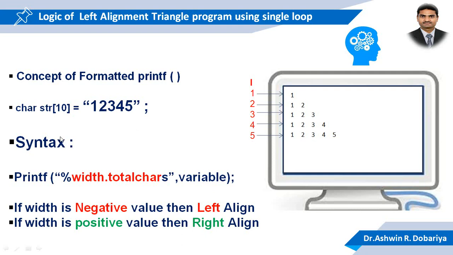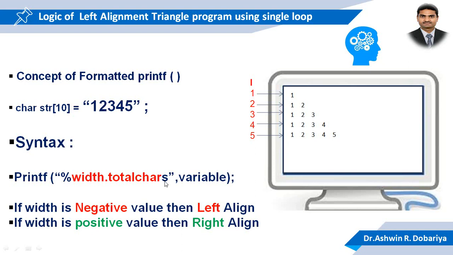Then we know that in the first line, out of this string we want to print only the first character. Actually it's a number, but when you write it in double quotation marks, it is considered a string. So we'll consider 1 2 3 4 5 a string, and in the first line we want to display only the first character. In the second line we want to display the first two characters, in the third line the first three characters, similarly 4, 5. In the printf function, generally when we want to display a string we use %s